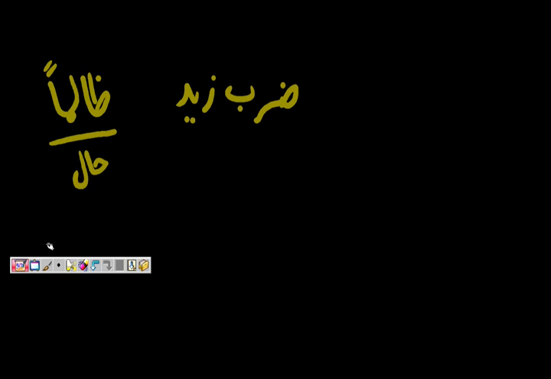Now, hal will usually or often be a single word. If it's a single word, then you will see the mansoob case with a fatha usually, or whatever the mansoob case will be. So you can say, sajadtu laka, I prostrated for you, O Allah. Khadi'an, khashi'an, dhalilan. 3 different hals. So, humbly, meekly, lowly, basically. They all mean the same thing, or similar meanings.